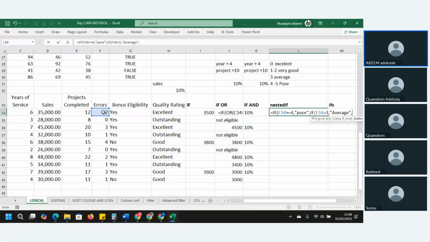And the third if function is if it is, now we have 1 and 2, right? If it is greater than 0,